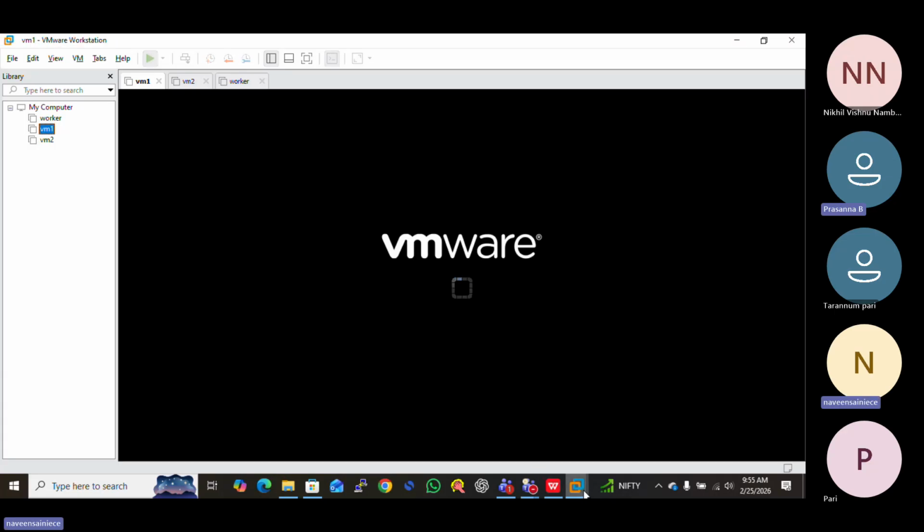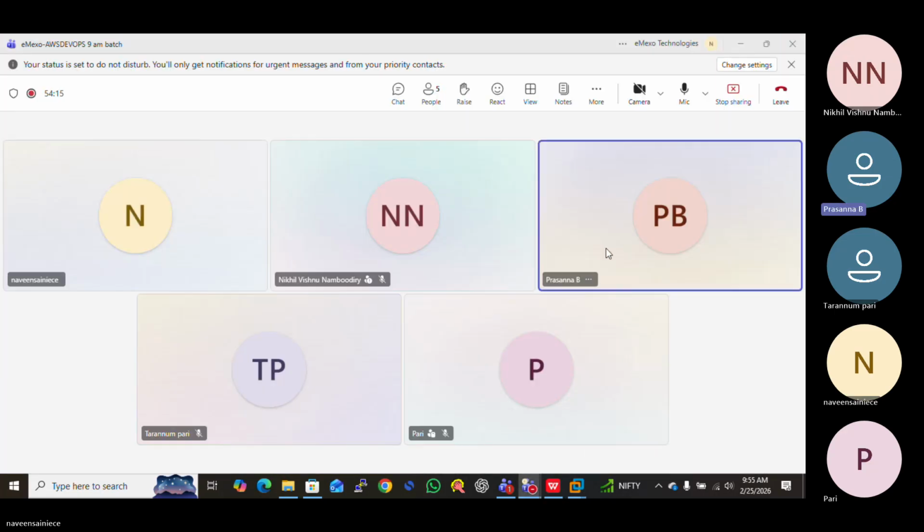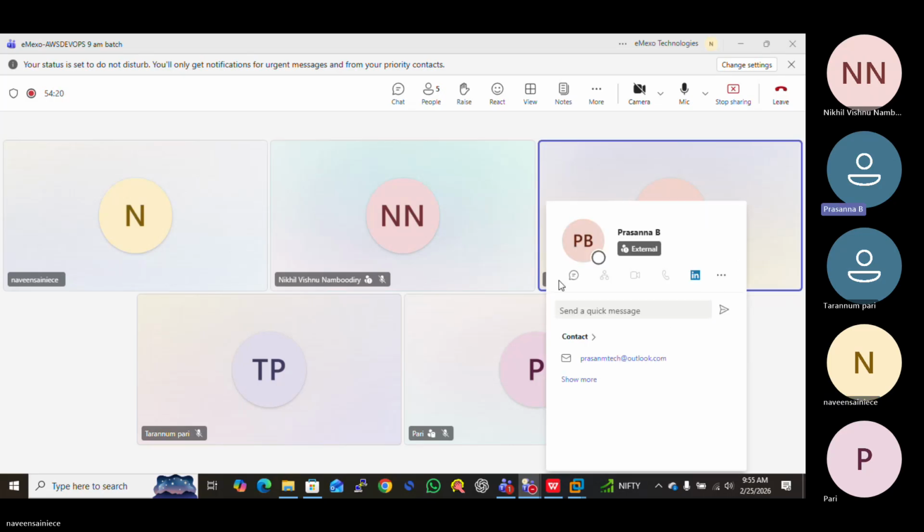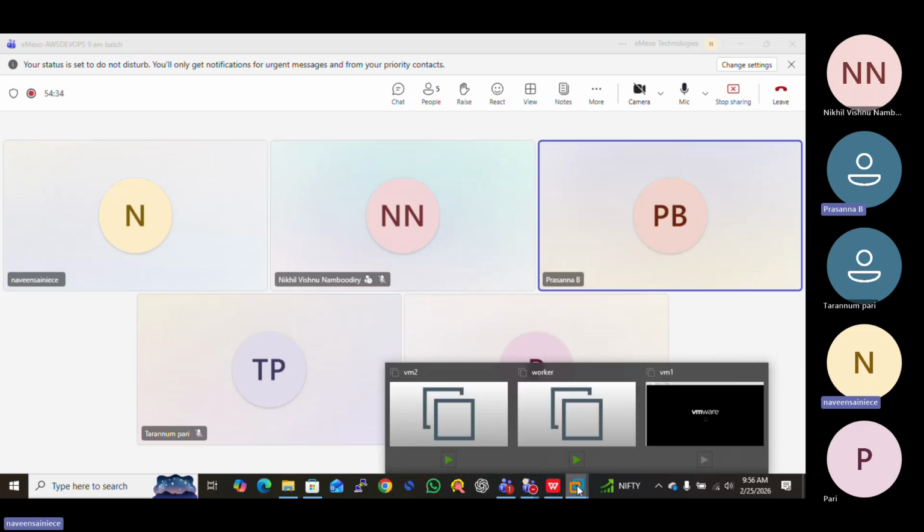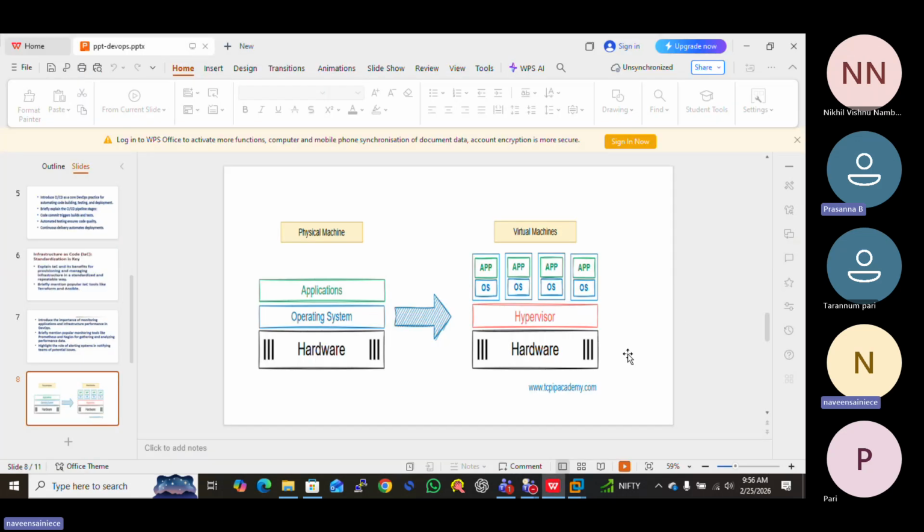Naveen, I have a question. Yeah, tell me, please. This is my first class. If one VM is down, it will not impact the other VM, right, in VM virtualization? You said multiple OS we can install and it will share the memory. Suppose it is 64 GB RAM and we have multiple applications, RAM will get shared based on the load. That is what I understood. So if the second one out of these four is down for some reason, it will not impact the other three, right?